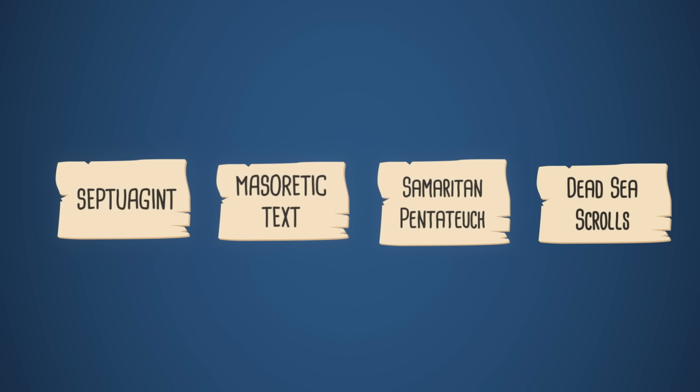The Septuagint will preserve the older reading in some cases, whereas the Masoretic text will preserve the older reading in others, whereas the Samaritan Pentateuch will preserve the older reading elsewhere. It's not always consistent, right? And one of the reasons for that is because these things are all developing alongside one another at the same time. And it effectively really muddies the water in terms of attempting to arrive at an original text or an